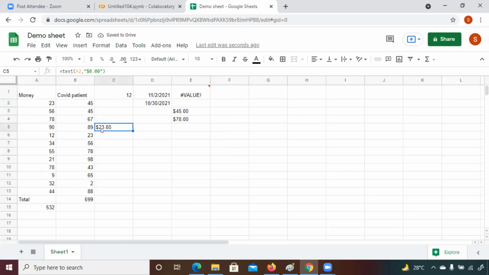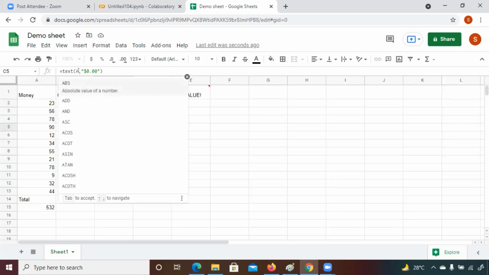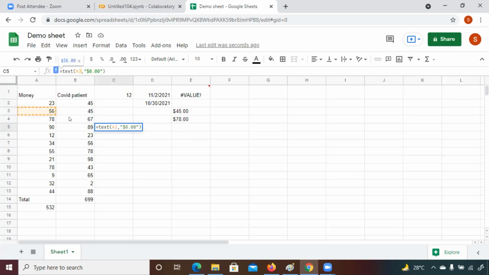$23. Yeah, you can see here, if you want to take any particular row of this A column, that also you can do. You have to take TEXT function, then select the row name. Here, like A2 I have selected, because A is a column and 23 is the value of this A2 cell, right? If you want to change this, you can check it for A3 as well. Earlier it was 23, now it is going to show you $56, right? Similarly, you can do it for 78 as well, and you can try it.